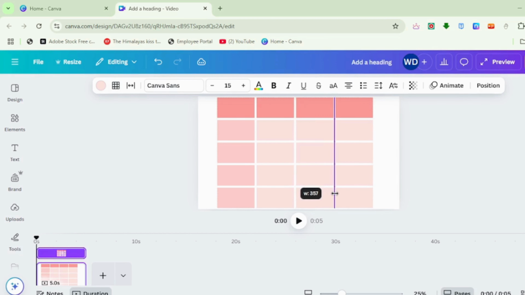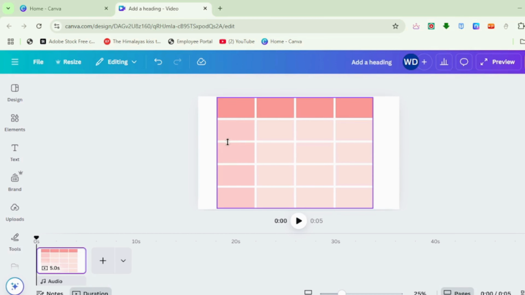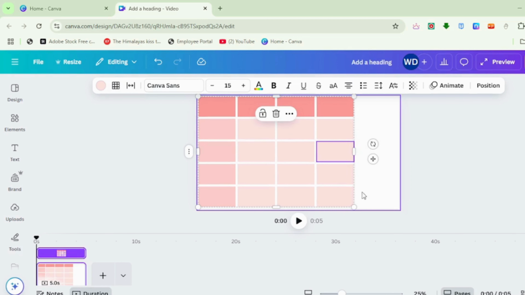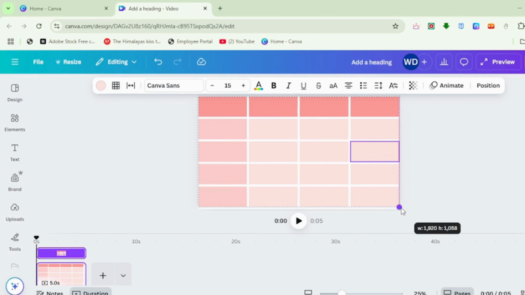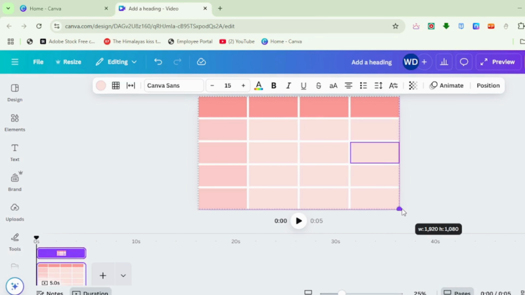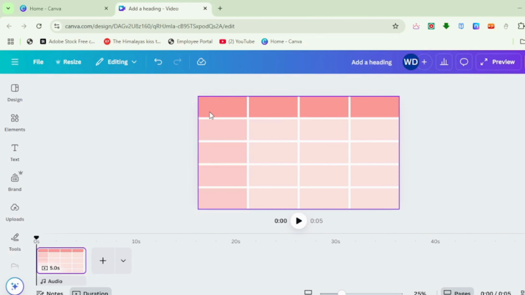You can even adjust its width like this. This is the first cell of the table, which is from the heading row. Now let's drag it towards the left side and make it to the full width. Now let's click on this cell